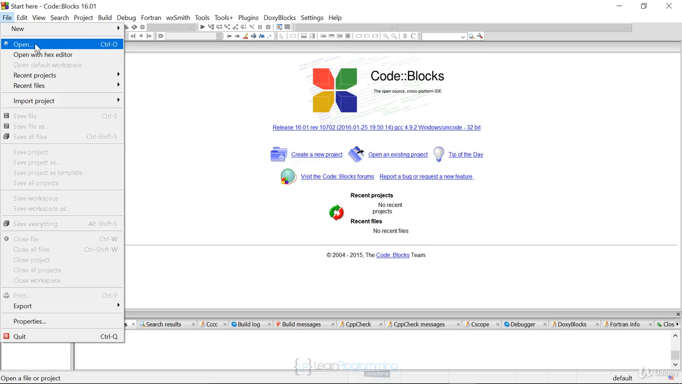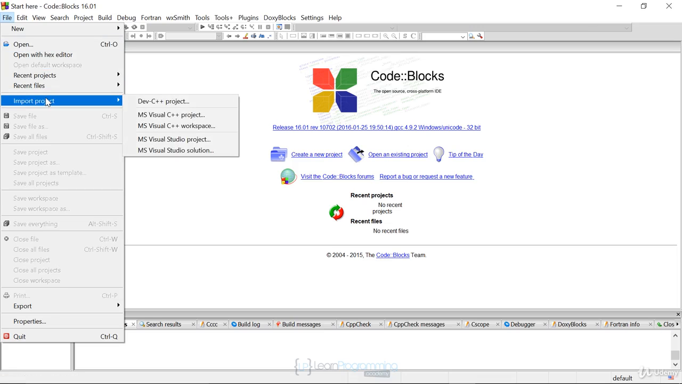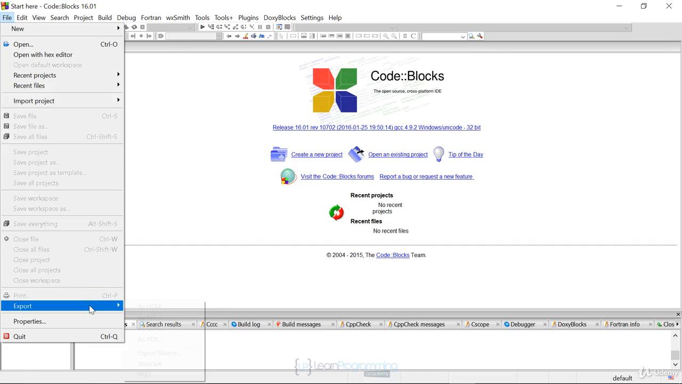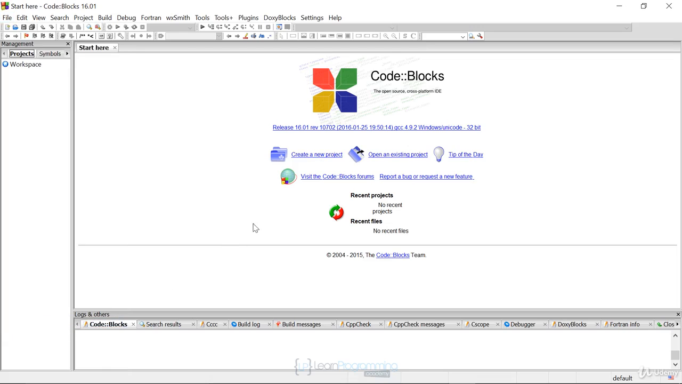There's also the open, where you can open up different source code files if you don't have a project, but we're going to be using projects. There's an import project that is useful if you want to convert a Microsoft Visual Studio project to a CodeBlocks project. And then there's an export as well if you want to export your project to a different kind of format. And then you have your properties tab. Properties is important because it can set a lot of the different preferences. If you select properties, what you should see is the properties for